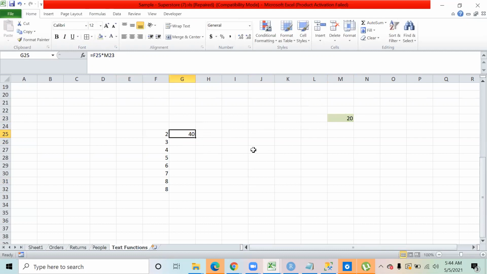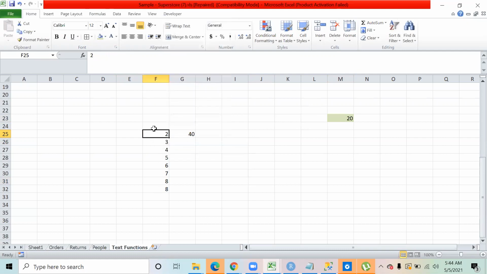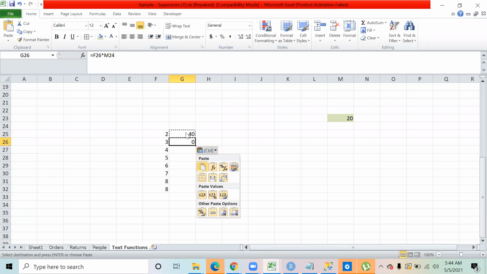Now, I want all the numbers to be multiplied by 20. So can I copy this formula and paste it down over here? No, I don't think so.